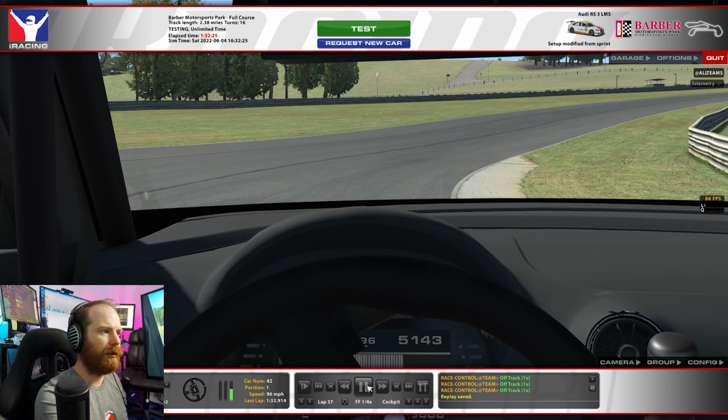Then we're gonna trail brake a little, downshifting all the way to third. Here's what I do, and then come on in, back on the throttle. And I want to get up into fourth somewhere around here before we start turning in. Yep. And lift a bit. Come on over to this curb just a smidge. And then throttle on out. And there you go. That's going to get you